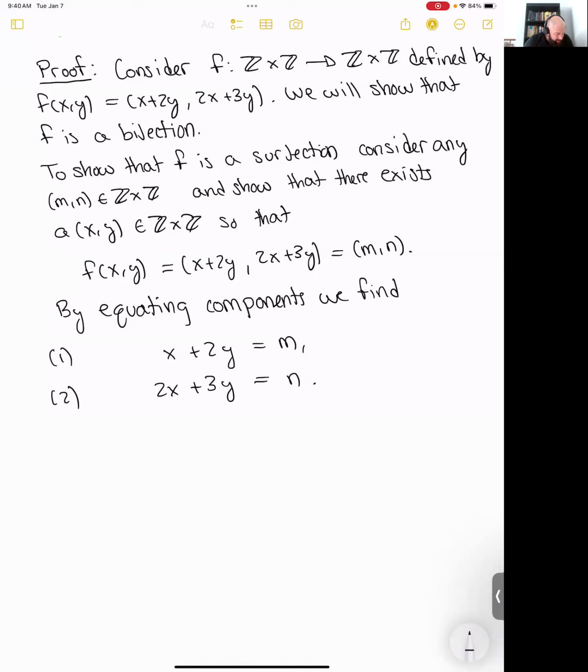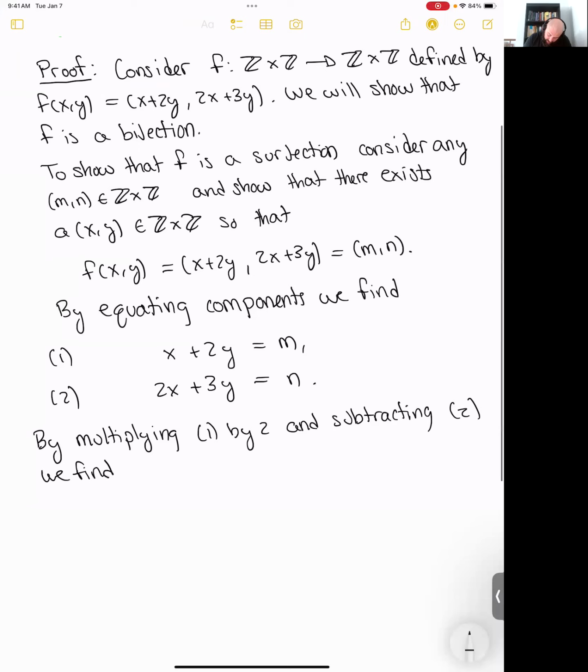Well, there's a few ways we can do this, but in particular, I want to eliminate x. So notice if I multiply 1 by 2 and then subtract equation 2, I will eliminate x, right? So that's one way to try to do this. So let's do that. So by multiplying equation 1 by 2 and subtracting equation 2,